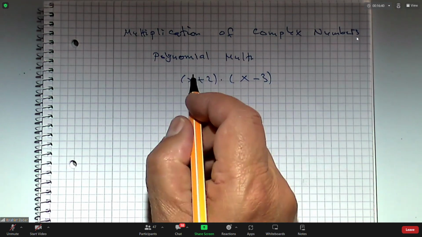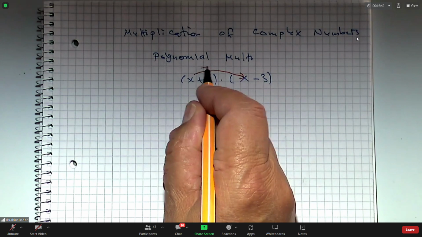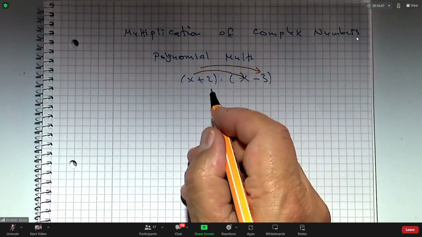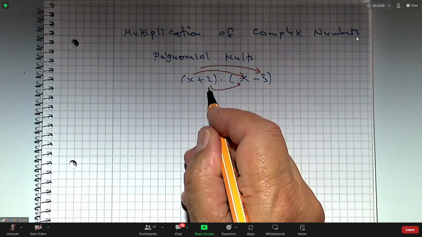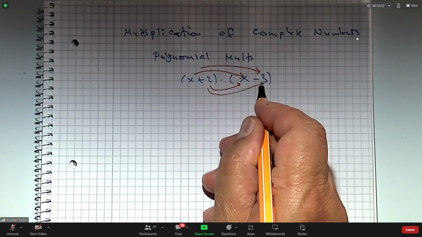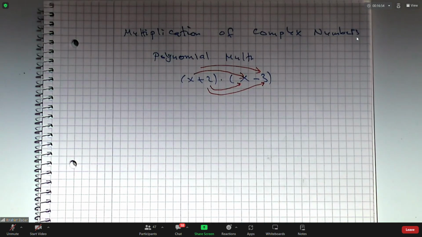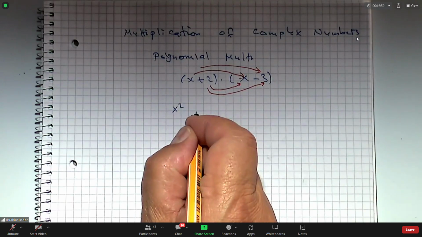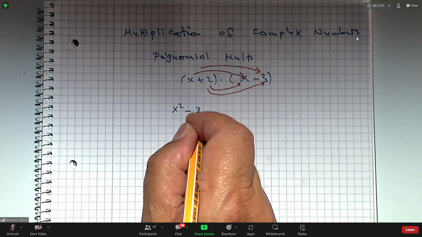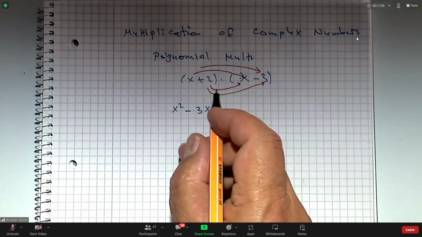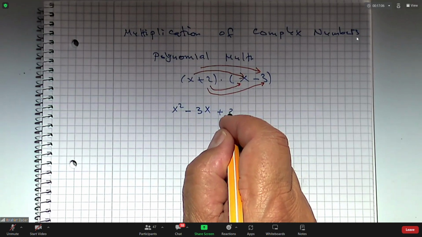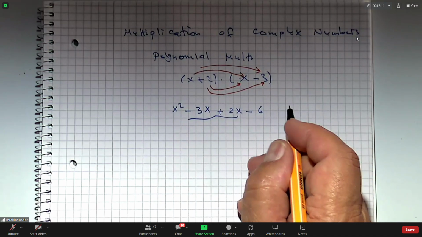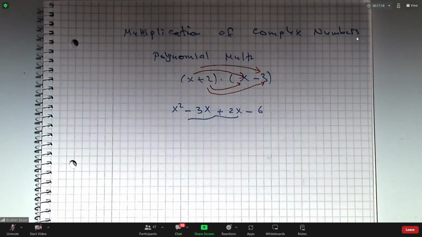Okay, you multiply the x with x. So you get 2 terms, right? Add it up to multiplying this one with the first, with this one, with the second. You remember this? So here you will be having x squared minus 3x. Then you have here plus 2x minus 6, right? And then you just combine these and you are done. Here we're going to do this similarly,